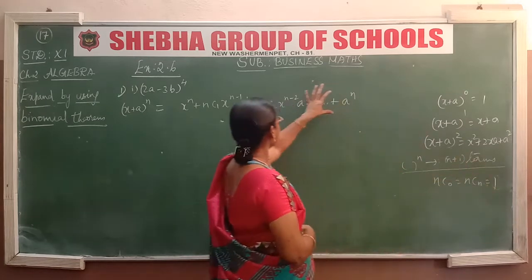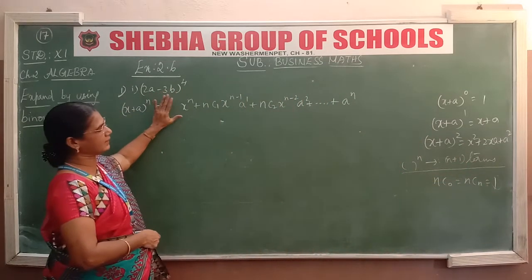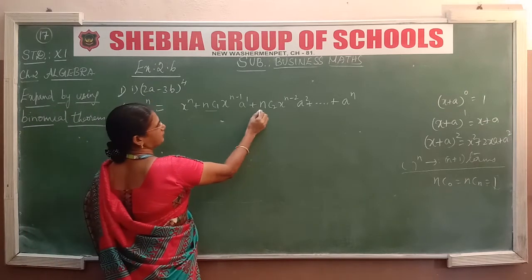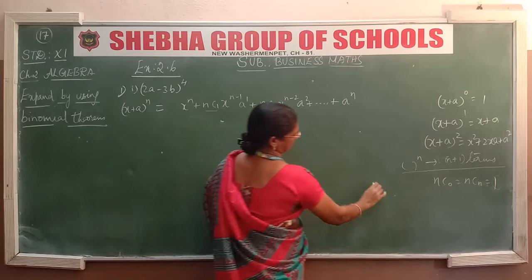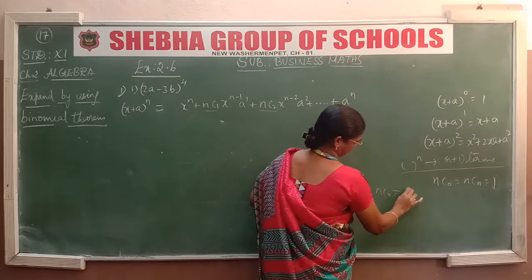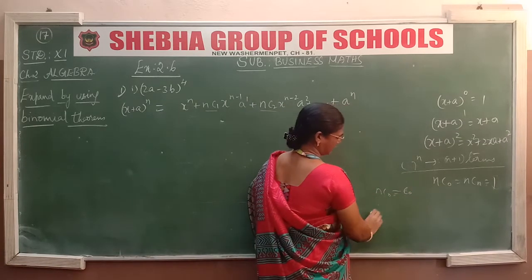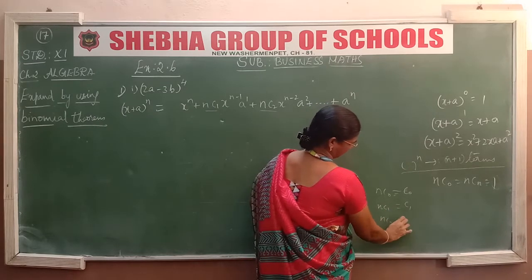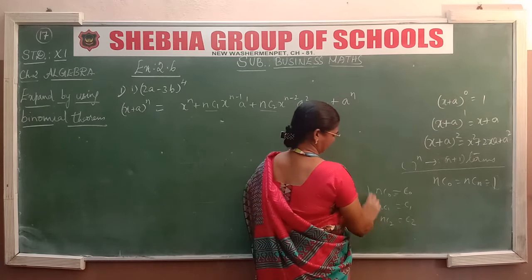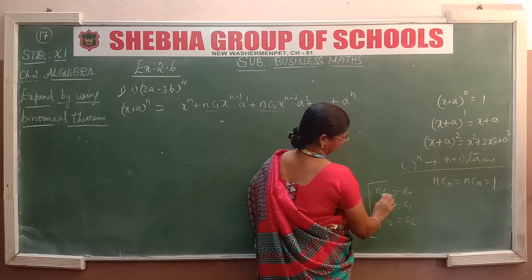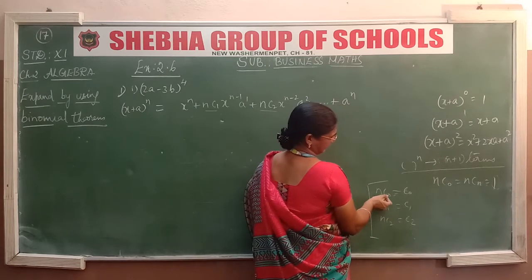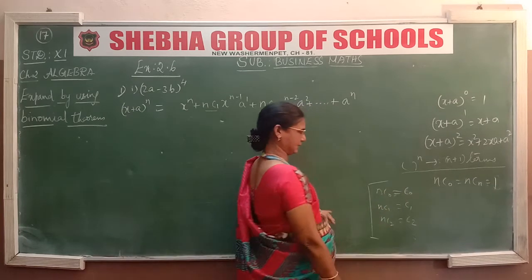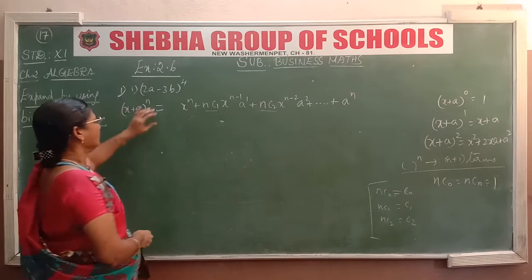Here the first term is 1, so we need not write it, nor NC0 and NCN. And also we simply write this as NC0 is C0, NC1 is C1, NC2 is C2 and so on. We use simply C0 instead of NC0, C1 instead of NC1, etc. And listen, this is our formula.